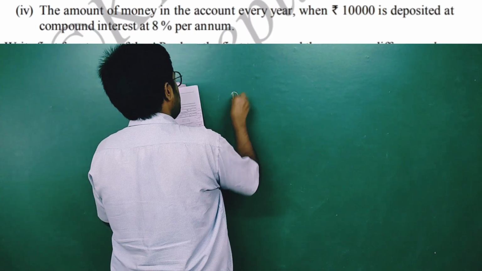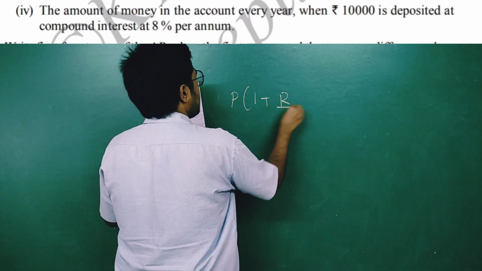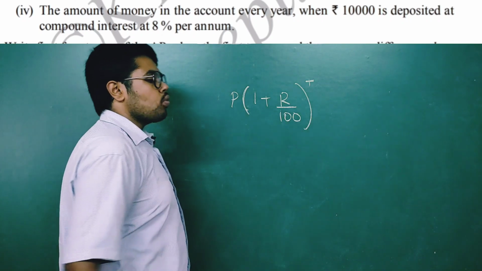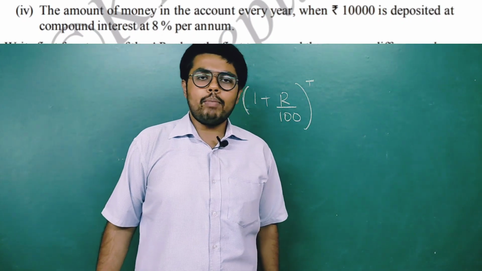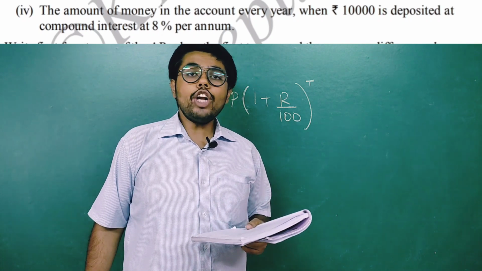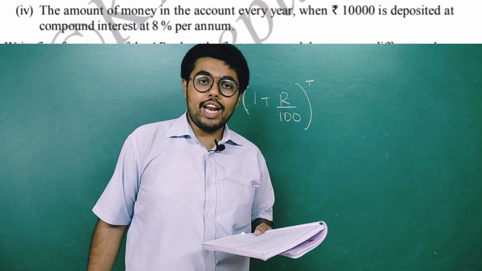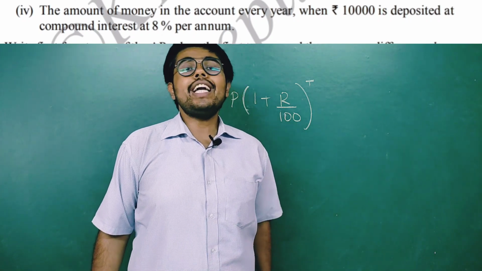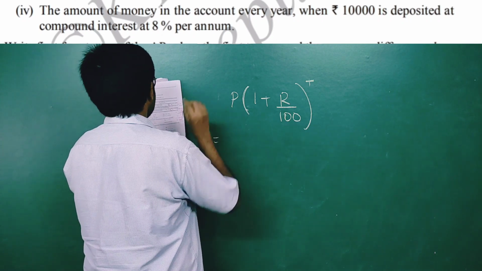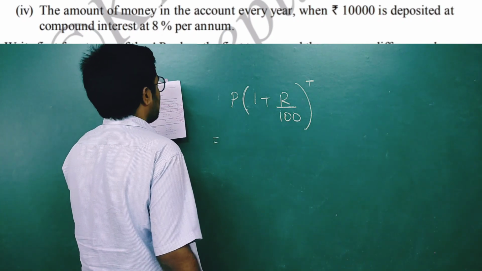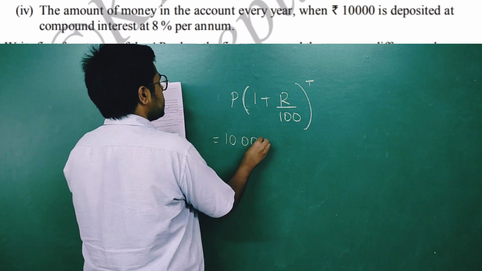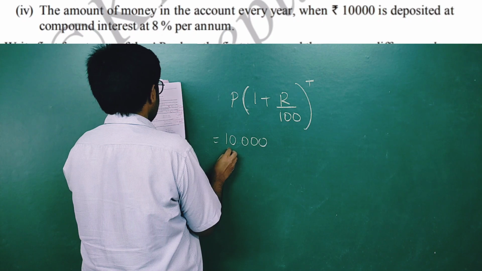The formula is P (1 + R/100) to the power T, the time. Means what? You can go to a bank and keep money there, 1 lakh rupees at 8% per annum, and your money will increase. But it is compound interest. How to simplify in this problem? Let me see for the first year how much money he will get. The principal is called the principal amount. It is 1 lakh rupees.